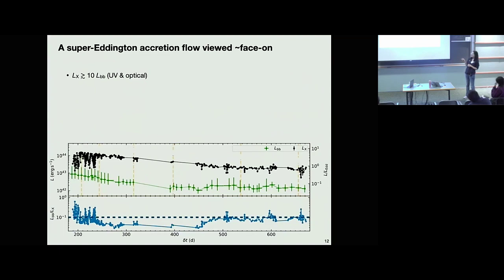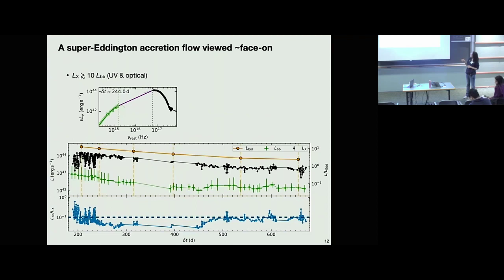A very crude way to estimate the bolometric luminosity is to just connect the 0.3 keV observed X-ray flux to the Swift near-UV photometry. And if you integrate below this SED, you get a bolometric light curve that's decaying from 3×10^44 to 6×10^43 ergs per second, which is always above the Eddington limit, assuming a 2×10^5 solar mass black hole. But even if we adopt this high black hole mass estimate of 10^6, the early time bolometric luminosity is still above the Eddington limit. So we are pretty sure that this is a super-Eddington accreting source.